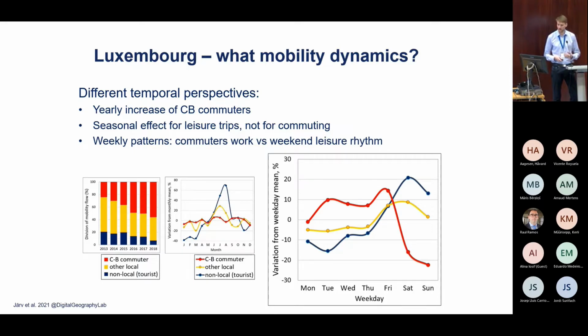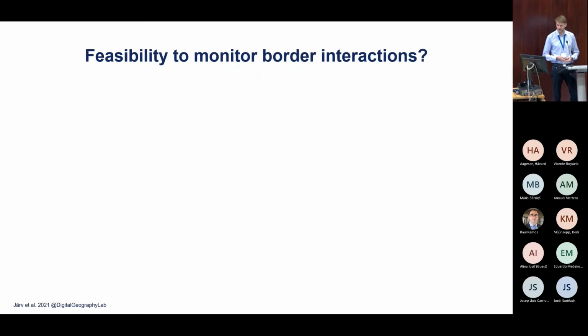So cross-border commuters tend to commute on work days, and during weekends they don't commute that much at all. Whereas the opposite is true for local people, who are more probably crossing borders for weekend leisure. So, just now to wrap up these spatial and temporal results that we have got so far, and the question about